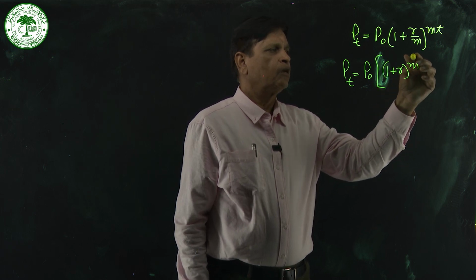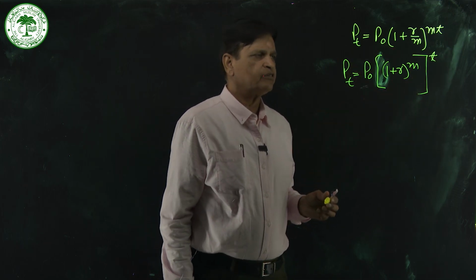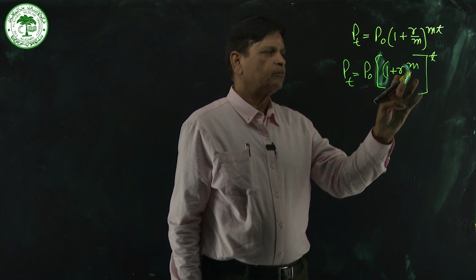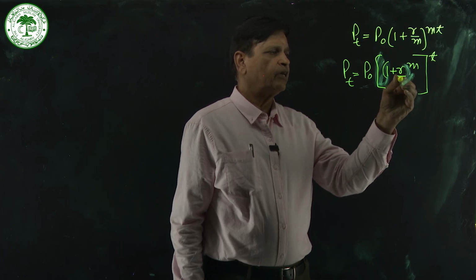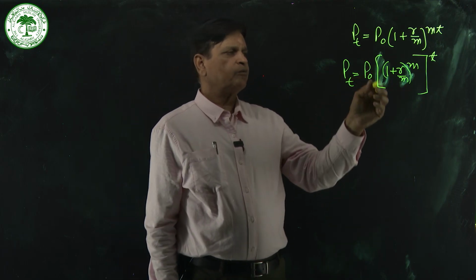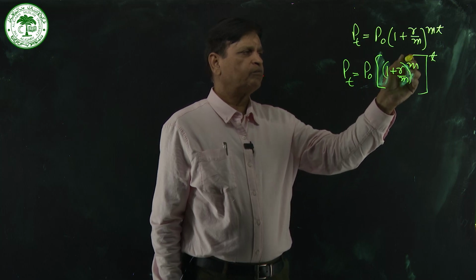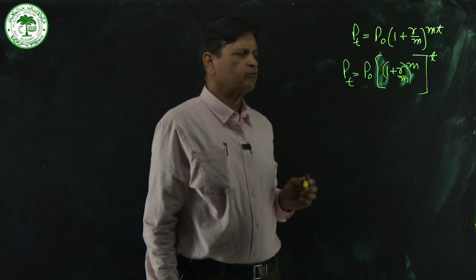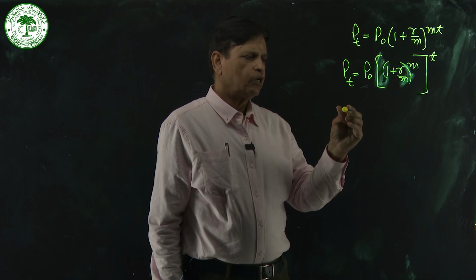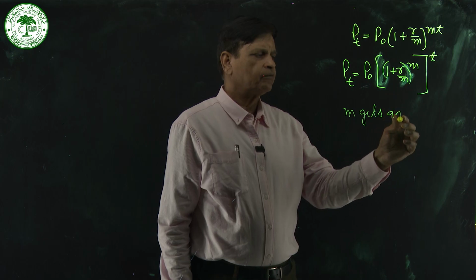divided by m) raised to the power m, and then T. We can write it in this way. So Pt is equal to P0 in the bracket, and then small bracket 1 plus R divided by m raised to power m, then bracket close, and it is raised to power T. Now, suppose m gets larger and larger,